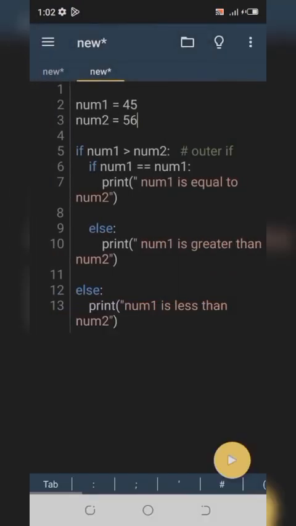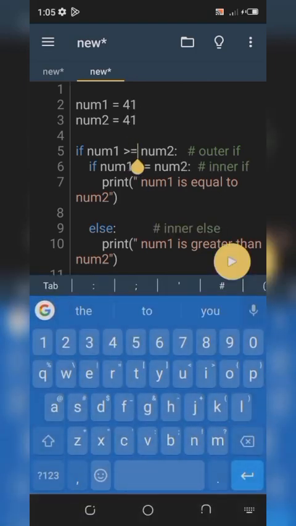Which line of code was executed here? Num1 is less than num2. Is the main else statement that was executed, this last one down here. The nested if, the nested else, and the main if were skipped because their conditions are not true. Is it understood? Because actually num1 is less than what? Num2. So if we make them equal, let's put num1 greater than or equal to